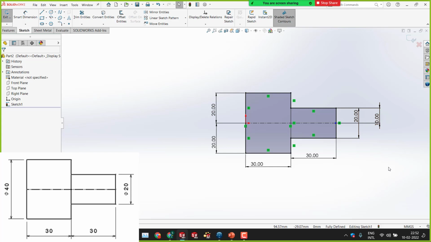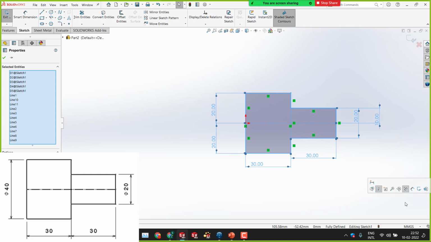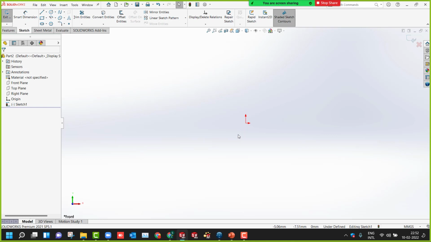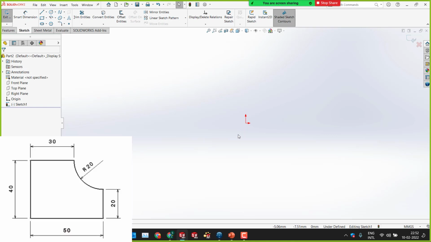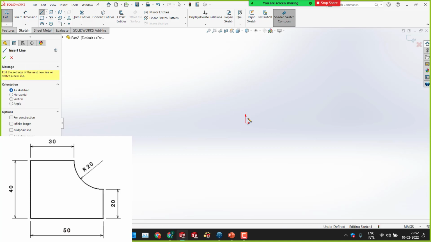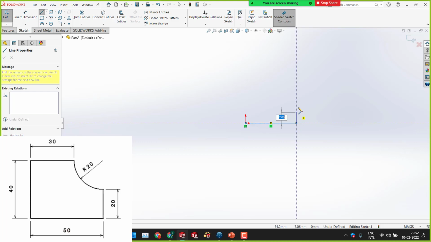Now we'll go to exercise number 2. If you want to delete all these steps, just from the left corner, left click and hold it and drag it like this to select everything. And release it. Each and everything will be selected. Just press delete button. It's gone. Now this I need to draw, right? So what you do is select the line and draw like this first. Simply you draw a rectangle first like this.